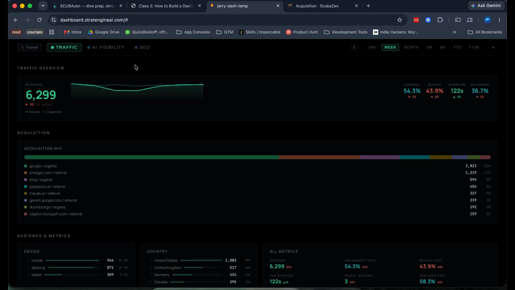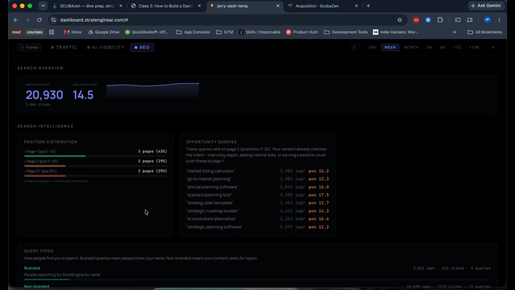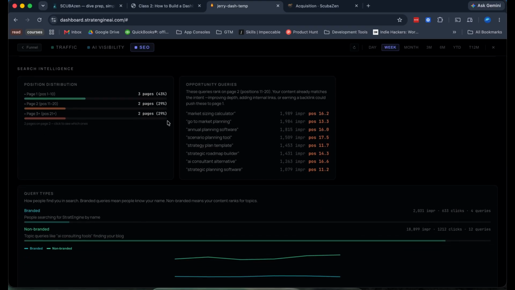So just as a preview of what's in class 3, we have SEO data here. So how am I ranking by page? What are my impressions? What's my average position when people are searching? And then, this is how I ingest information: okay, these are the queries that people are searching that I'm not ranking so highly on, that I need to improve and work on for my SEO. So this is actionable for me because I have a description here, and I understand the metrics being pulled here.